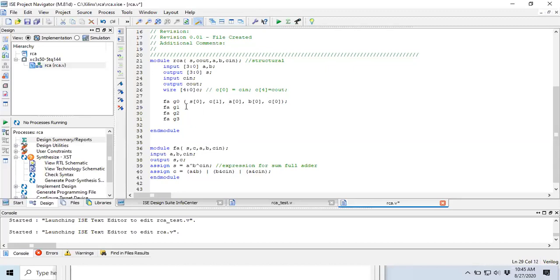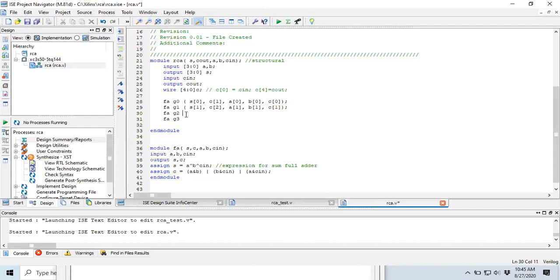Next, coming to the second full adder. So I told you the same module, it is assumed that the same module exists over here and simulation takes place. So in the second full adder, what is a sum equal to? S of 1. What is a carry equal to? C of 2. What is your A equal to? A of 1. B is equal to B of 1, and the C in is equal to C of 1.